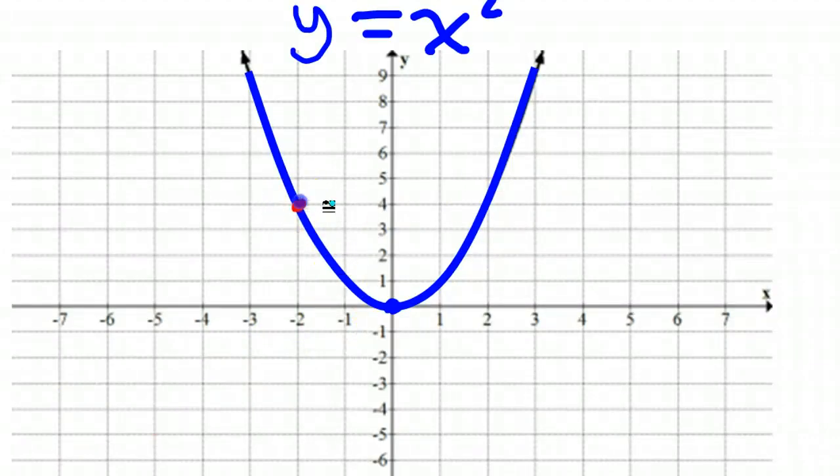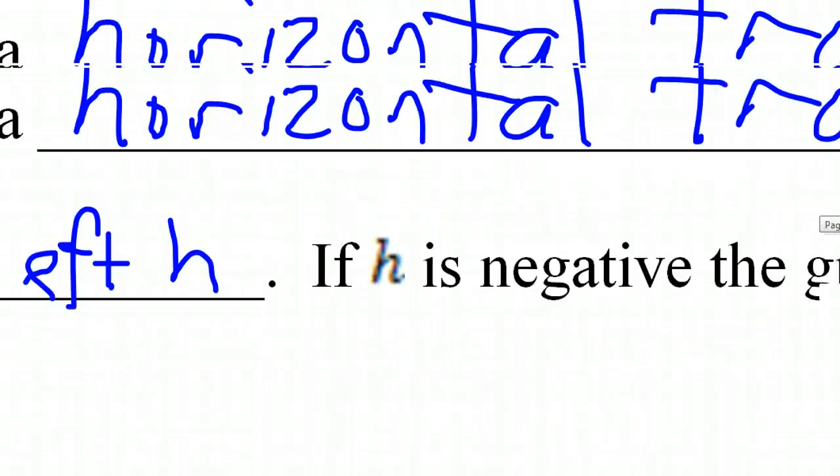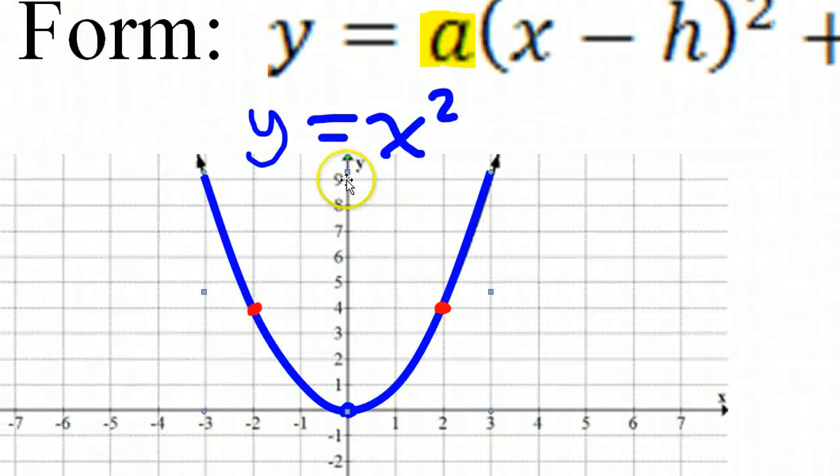Keep your eyes on these points right here that start out at 4. Keep your eyes on those points. What's happening is, it might look like the parabola is getting wider, but what's really happening is